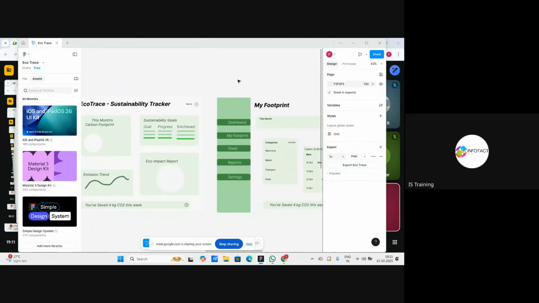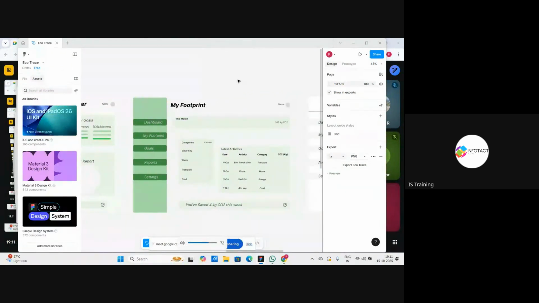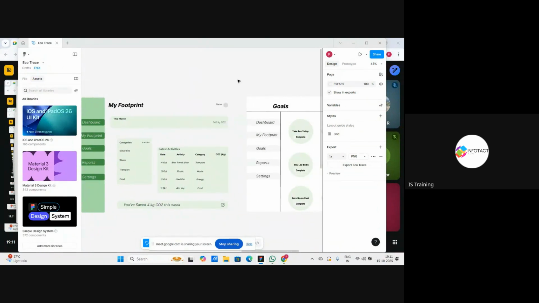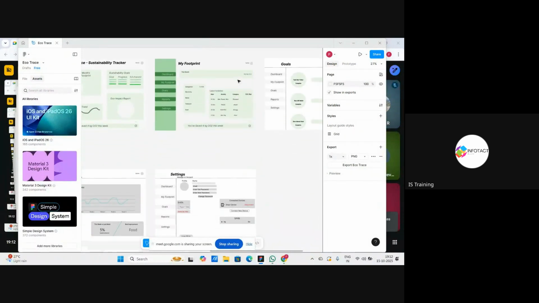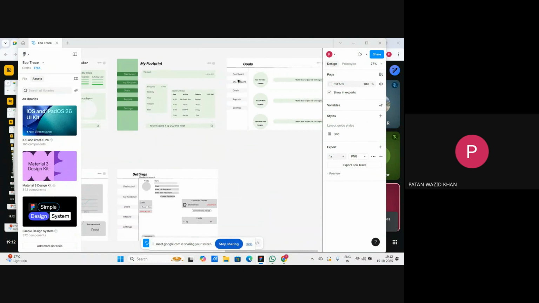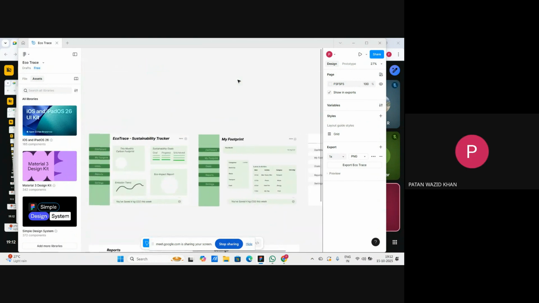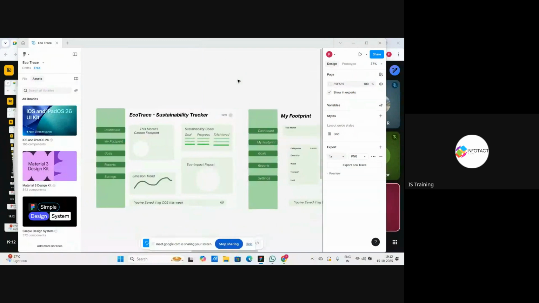Okay, so this is your high fidelity. I have the low fidelity, ma'am, but I am doing high fidelity for the remaining frames. Today I will complete it, ma'am, but tomorrow I will show everything. Are the colors and fields okay, ma'am?